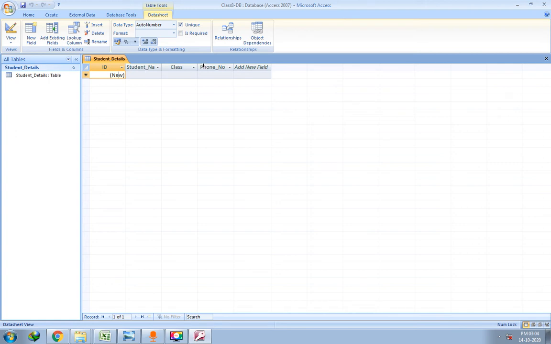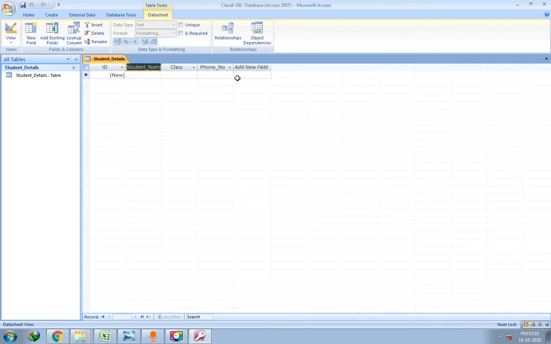Now we will see the rules for naming the fields. There are 4 fields, correct? ID, student name, class, and phone number. But the different rules for creating these fields are given in the menu. So the first rule is the field name should not be more than 64 characters. What does it mean?